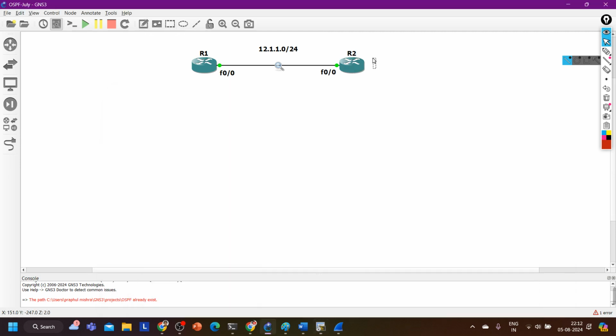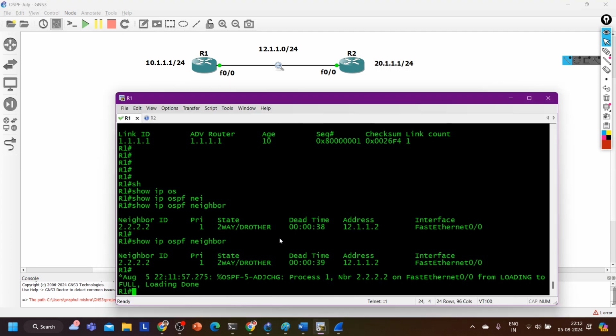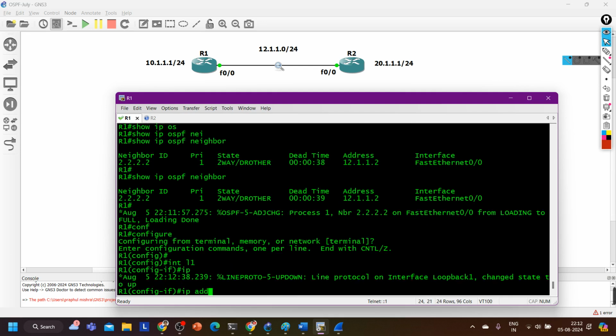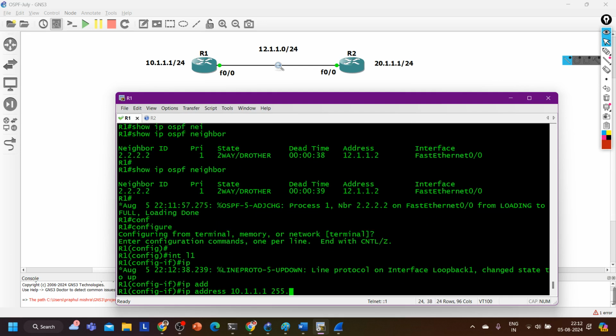On router number 2, I have one loopback 20.1.1.1/24, and on router number 1 also I am going to create one loopback 10.1.1.1/24, and on router number 1 I am going to advertise this network in OSPF. Interface loopback 1, IP address 10.1.1.1